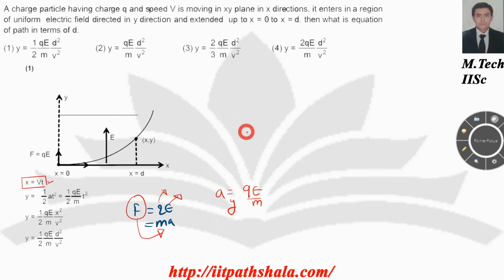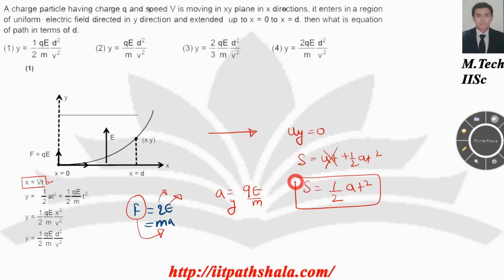Also, my particle is moving in the x direction, but it is not moving in the y direction. By virtue of the force, it will start to travel in the y direction. So the initial velocity in the y direction is 0. By using the kinematic equation s equals ut plus half a t squared, I can get rid of the first term and get the following expression. Because I'm accounting for the y direction, s is in the y direction, and there will be an acceleration in the y direction.